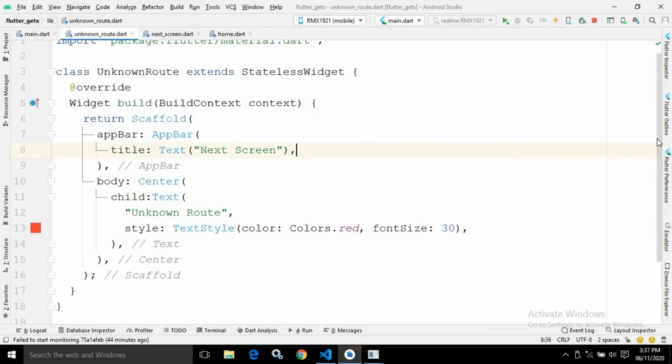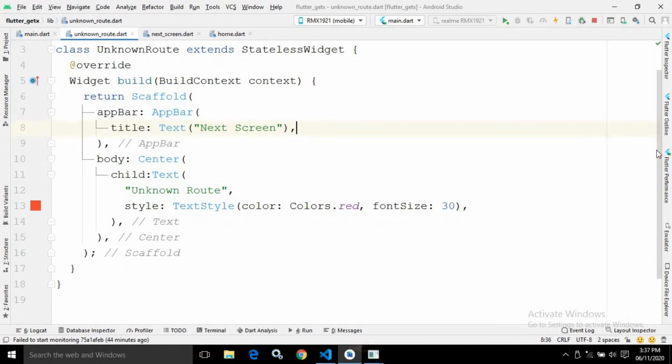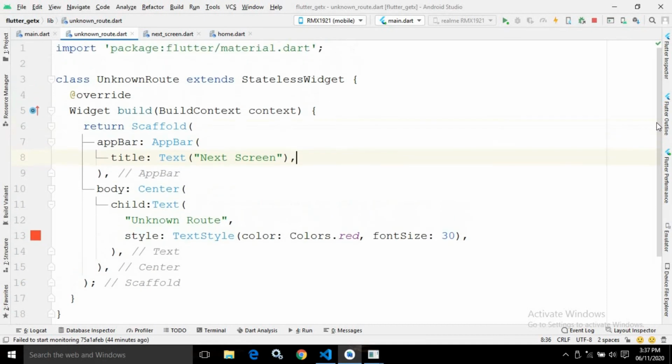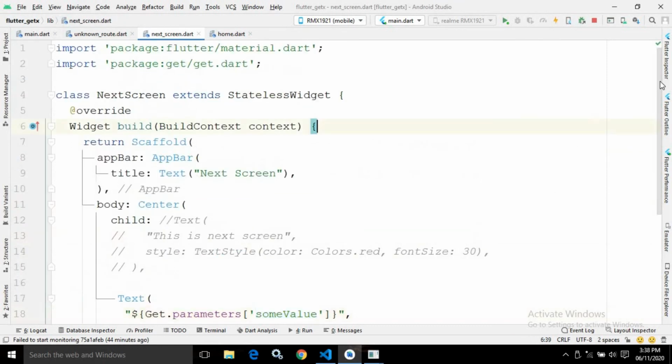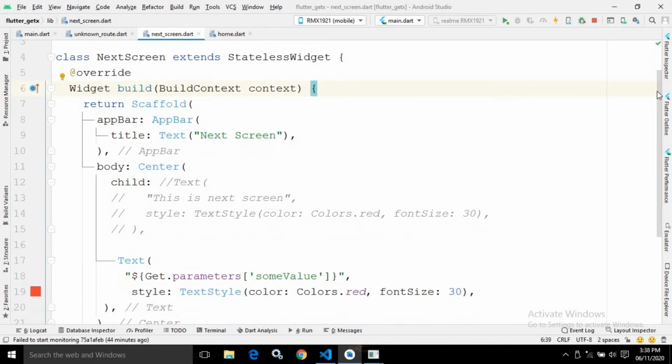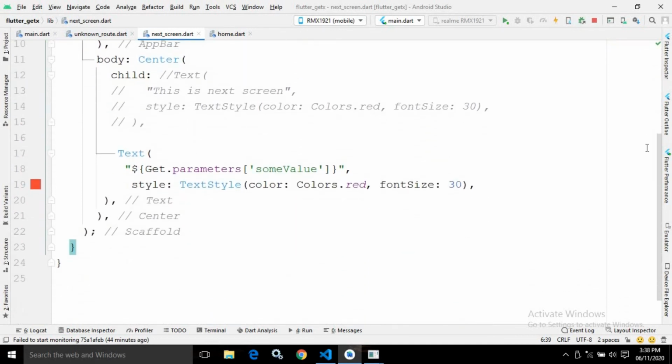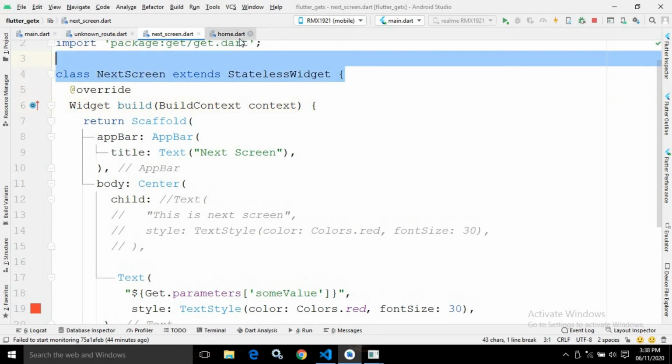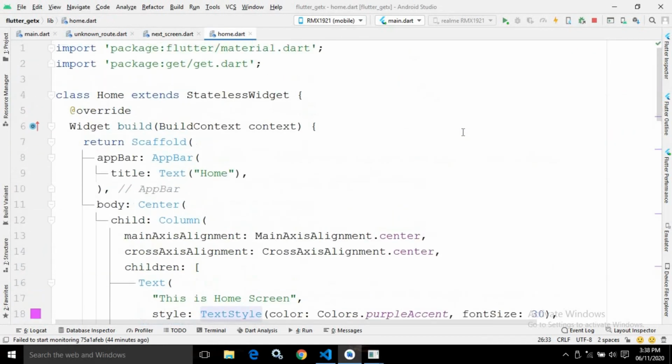Here I have simply used a text widget having the text as unknown route. This is the code for next screen. And this is the code for home.dart.